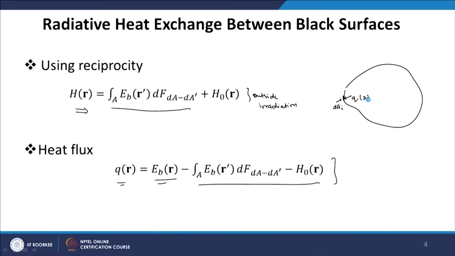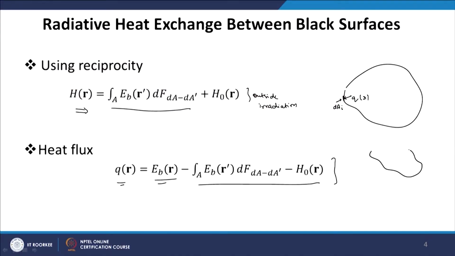Now, this type of problem cannot be solved as it is. We have to do some kind of simplification to solve this integral. And the simplification we can do is, first, we will approximate this enclosure using some plane surfaces. So, we will fit some plane surfaces inside this enclosure to make this problem solvable. There can be n number of surfaces. So, we have to basically do some kind of approximation.